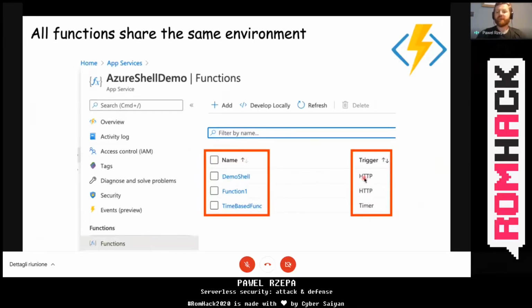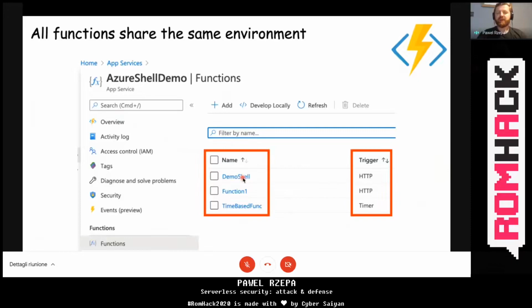Take a look, here is the demo shell. It is triggered by an HTTP request. However, you have another Azure function, which is a time-based function, triggered only at a particular time, let's say every day at 10 p.m. Normally, as an attacker, you wouldn't have access to this function.